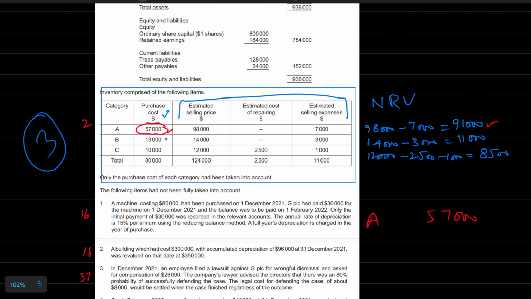For B, cost is 13,000 and net realizable value is 11,000. So that means B will be valued at 11,000. Cost of C is 10,000. Net realizable value is 8,500. We will value it at the lower value, so it is 8,500. So the valuation of inventory C is 8,500 and the total becomes